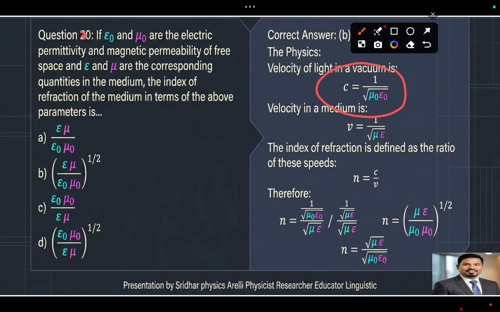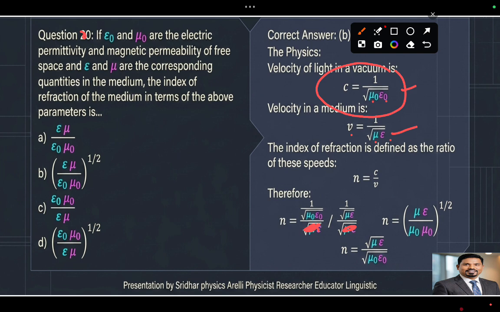Velocity in the medium V equal to 1 by under root of mu epsilon. Here mu naught and epsilon naught are in vacuum, and mu and epsilon are in the medium. The index of refraction is defined as the ratio of the speed of light in vacuum to the speed of light in the medium. So replace: vacuum is 1 by under root of mu naught epsilon naught, and speed in the medium is 1 by under root of mu epsilon. After simplification,